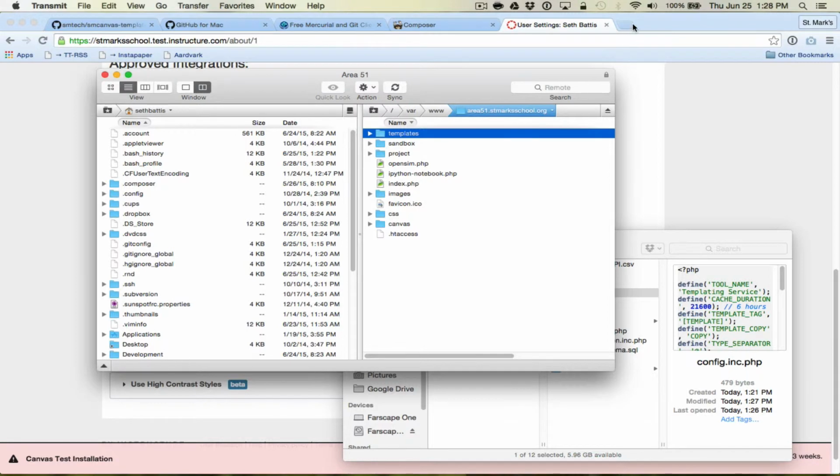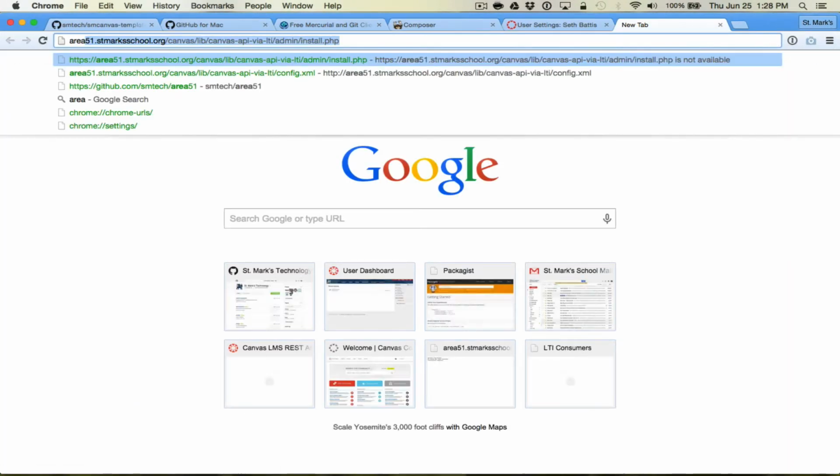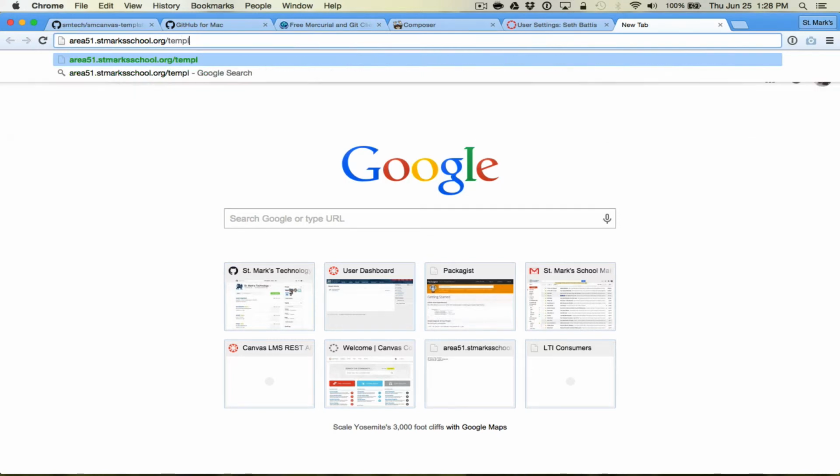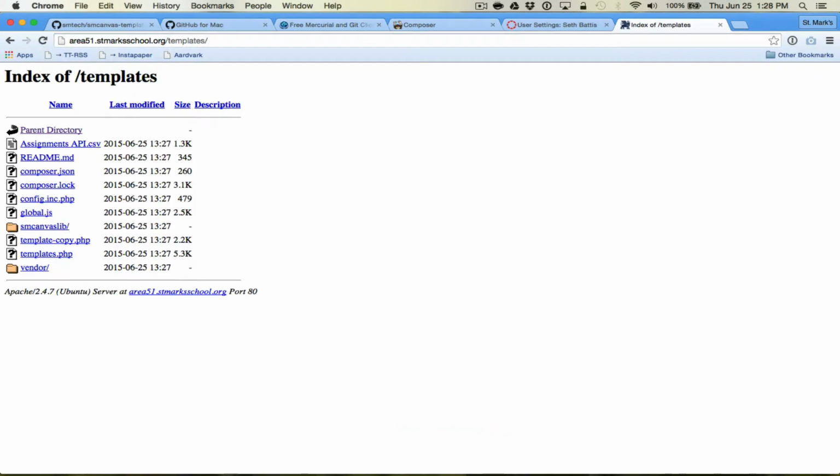If I was feeling really daring, I can actually go up here and say, hey, Area 51, what about templates? And it's going to give me a little directory listing of it. Oh, look, it's all there. That's a warm, fuzzy feeling. It's actually worth going there because what I really need next is the URL